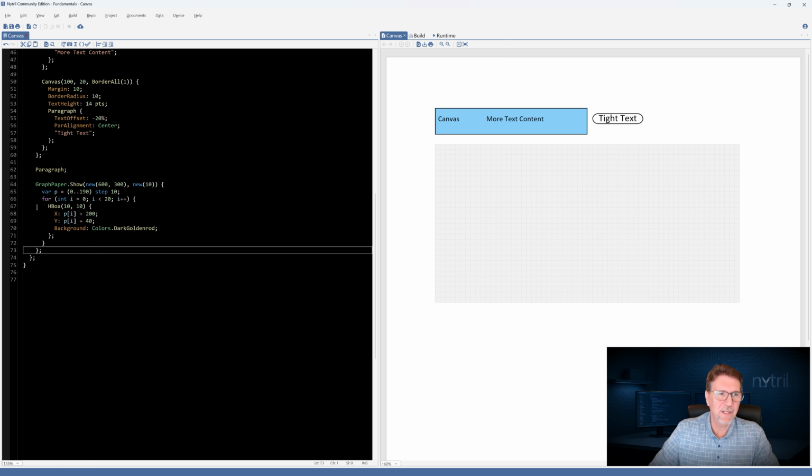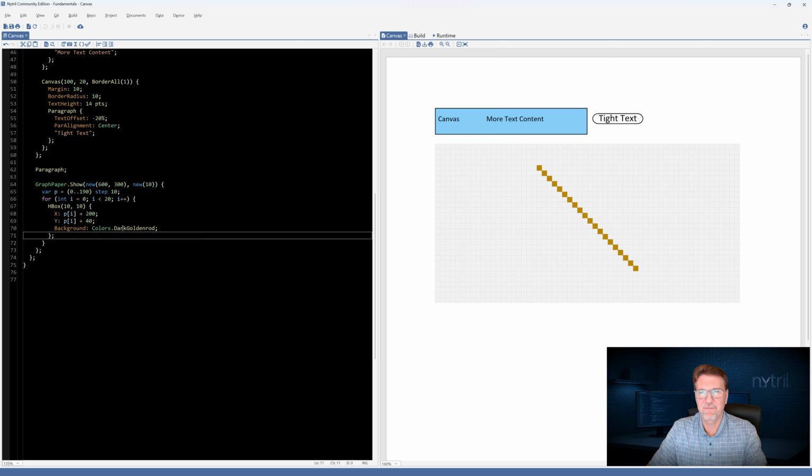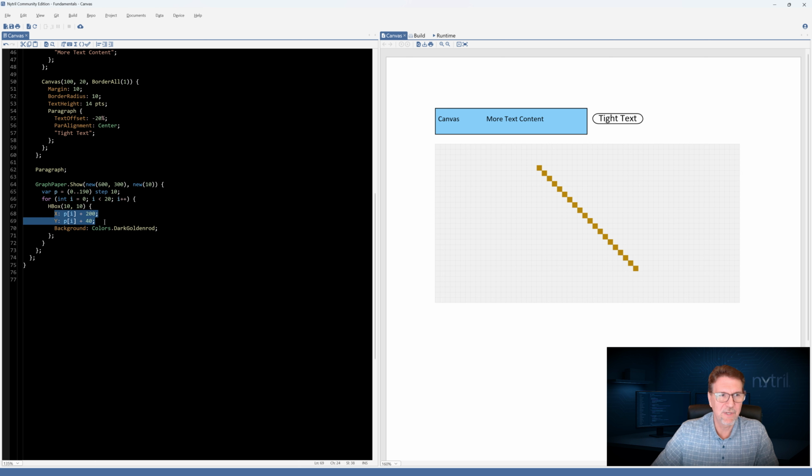So the first thing I put in here was this simple little for loop that just draws a 10 by 10 square over and over again. It draws it 20 times. And so let's just see what happens. So I'm going to press F5. And that's what happens. We are simply creating the X and Y coordinates for a bunch of little square boxes 20 times over. And so that's kind of fun, and it just illustrates the placement of content by using coordinates. That's how things are done in a canvas.